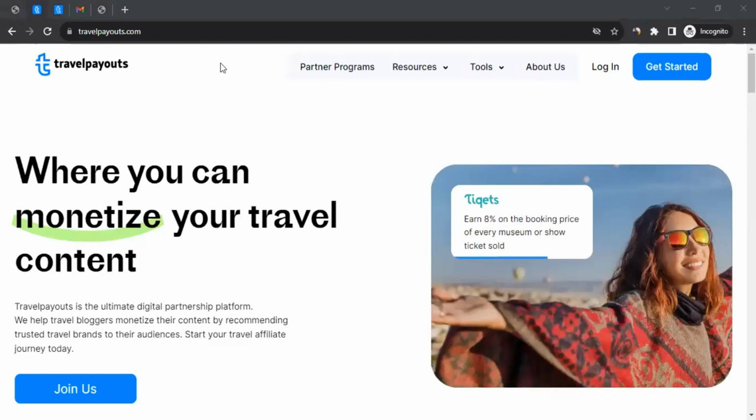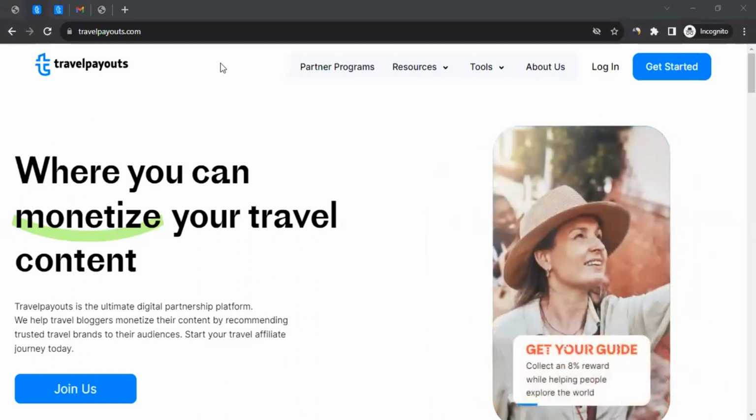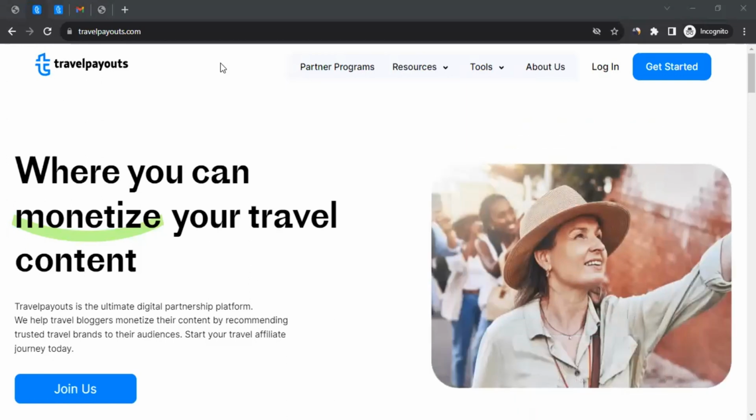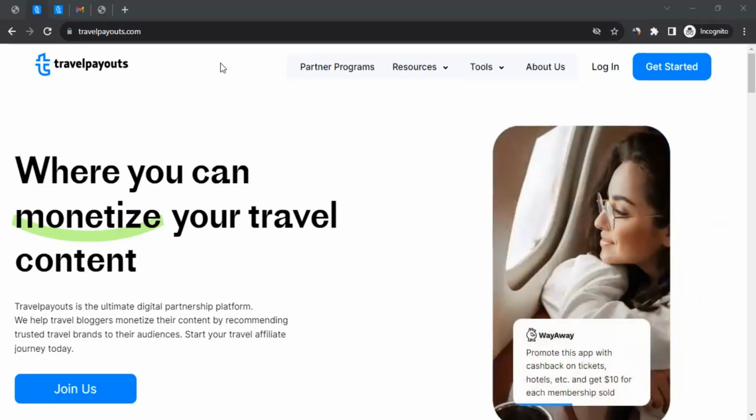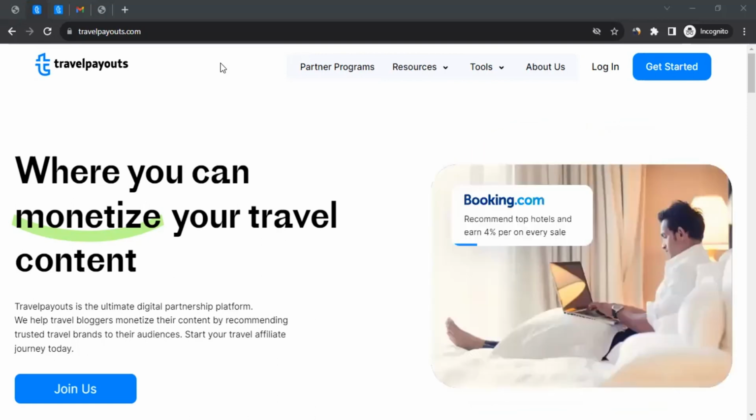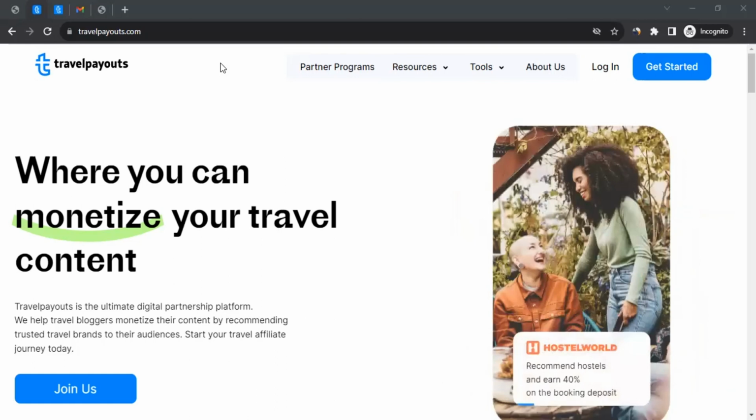Now, for the ones who don't know what Travelpayouts is, Travelpayouts is a travel-focused affiliate network that enables individuals and businesses to earn commission by promoting travel-related products and services. It allows website owners, bloggers, and other affiliates to monetize their platform by partnering with various travel-related companies. As an affiliate, you can join Travelpayouts and access a wide range of travel-related affiliate programs through a single